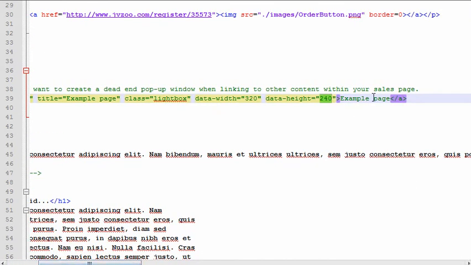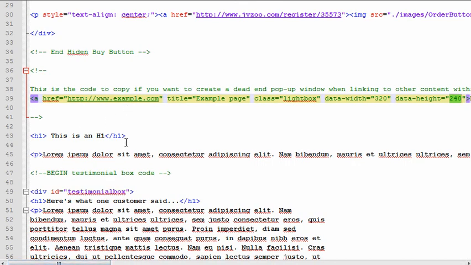And then in here is just regular text, whatever text you want to link. So you just wrap it around whatever text you want to hyperlink to your pop-up box. So if you want to use that, you can play with that. You don't need to. You can just leave it hidden or delete it. The rest of the page is pretty